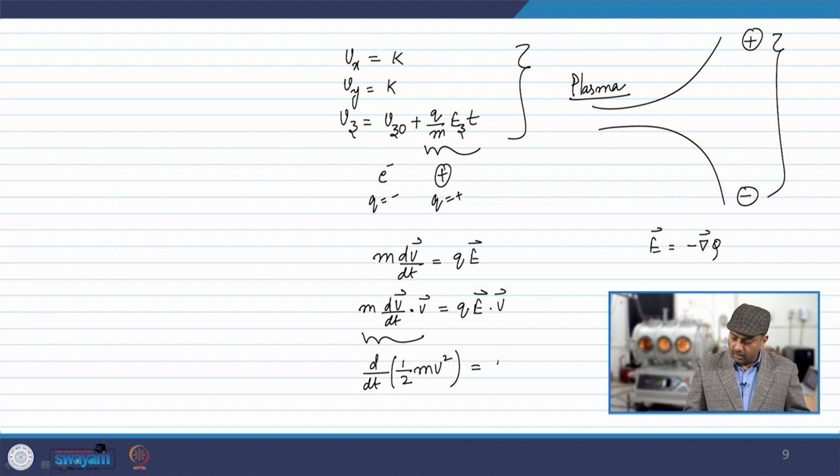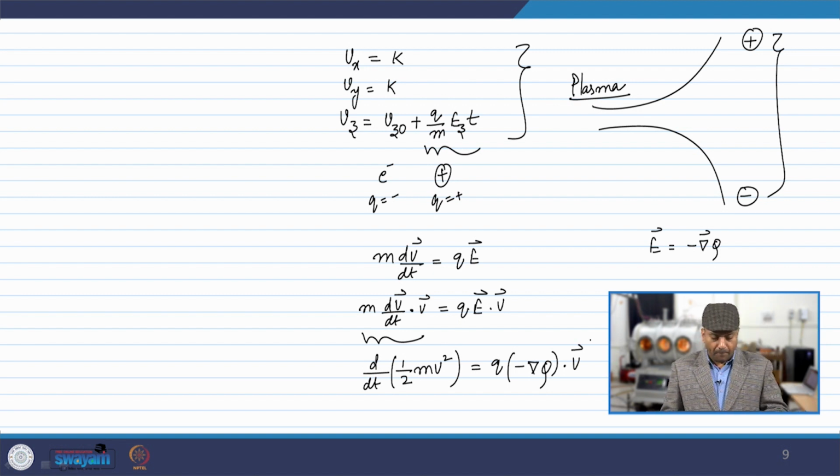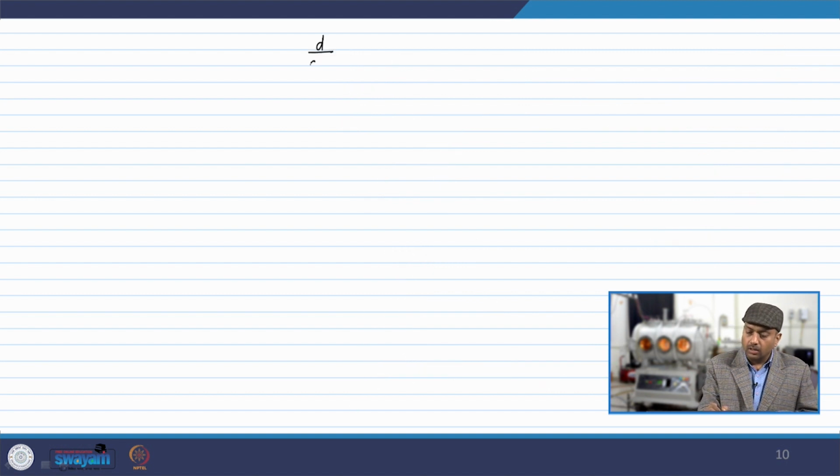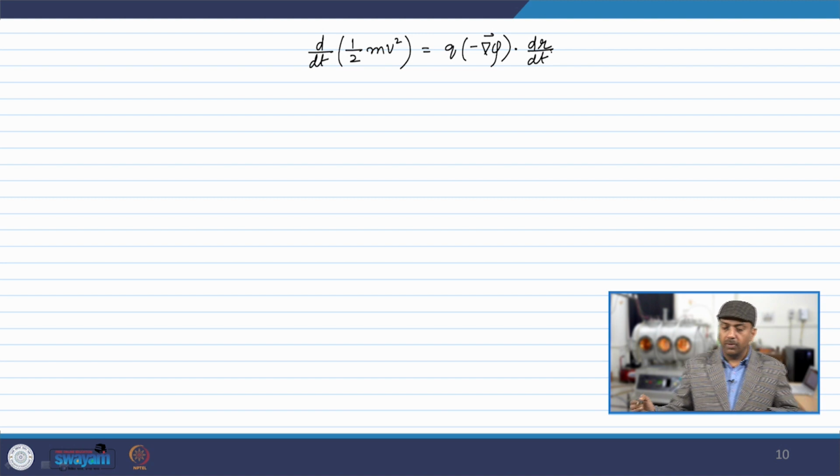Using this, we can write q times E is minus del phi dot V. So, slightly modifying it, we can write it as d by dt of half mv square is equals to q times the negative potential gradient times the velocity which is written as dr by dt, the rate of change of position,